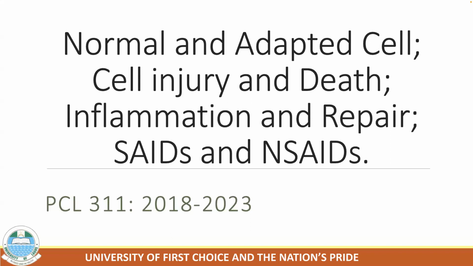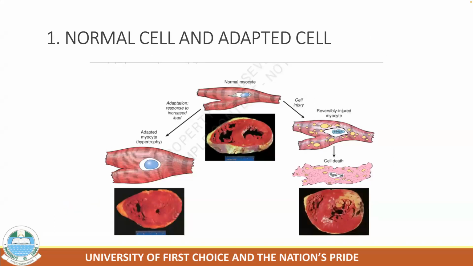So let's get started. First and foremost, I want to introduce us to the normal cell and why adaptations happen. Like I mentioned, the normal cell is the cell in its homeostatic environment. That's the normal cell. It can be a heart muscle cell, can be a dendrite, can be different cells in different parts of the body, right? And so all of the cells of the body have their normal homeostatic conditions in which they function appropriately,